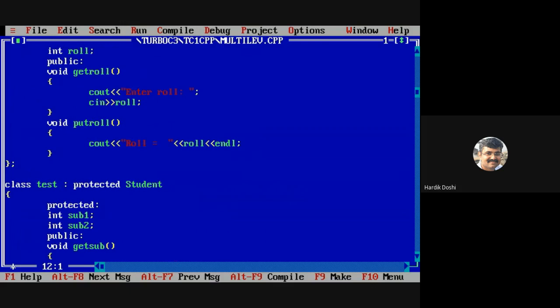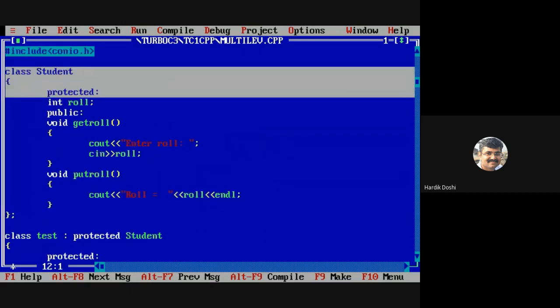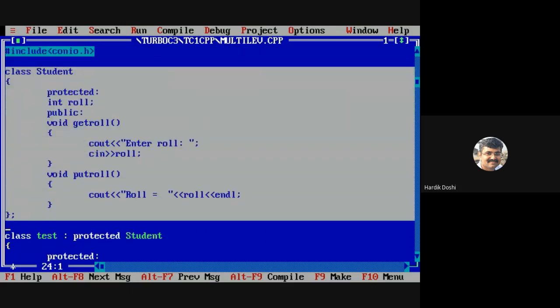Don't worry, I am there. Just start with the student class first. Have a look at the student class. Everyone, not at me, just the class. What is there in the student class? One data member, two member functions. Agree? But along with that, check out their specifiers. The whole number is protected and the functions are public.